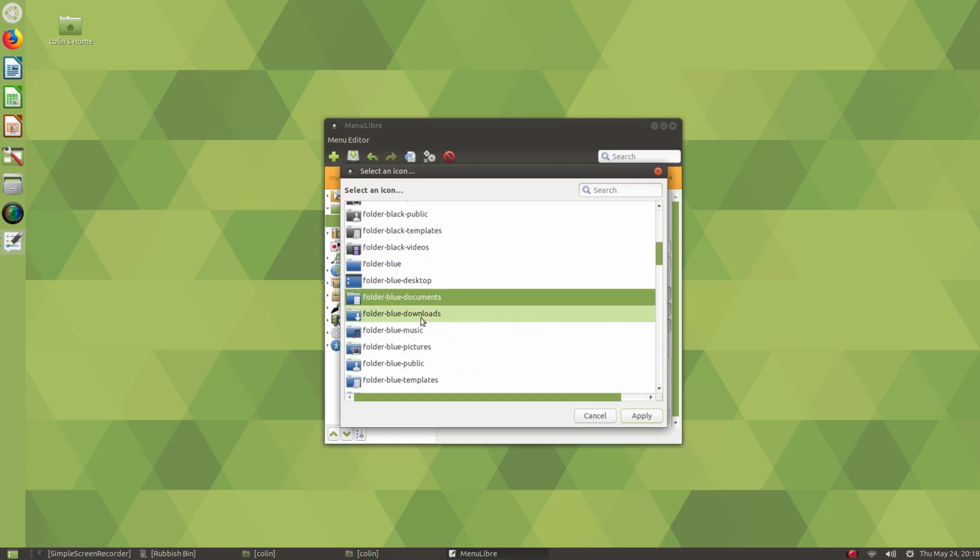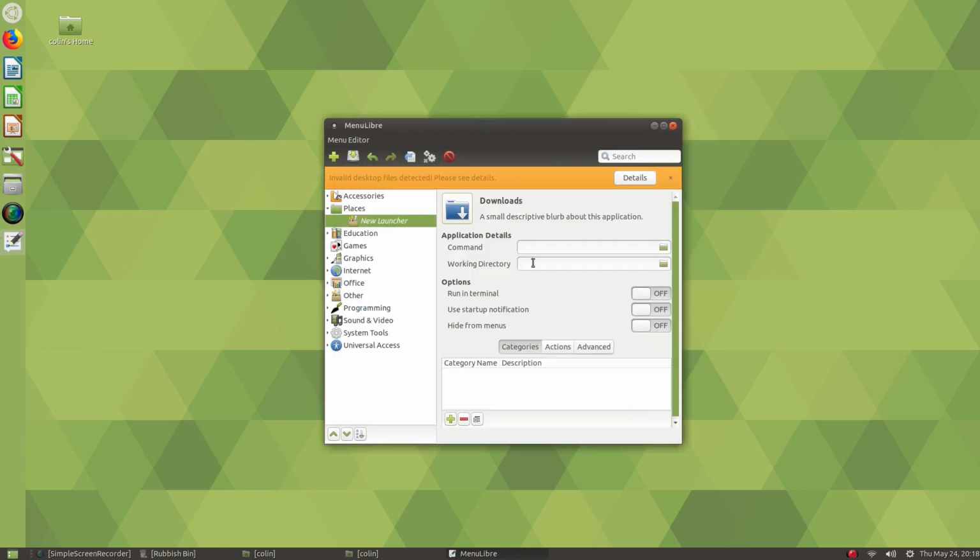That's not what I was after. I wanted downloads. Apply. And the command we're looking for is Kaja, which is your file manager, space, /home, your username, mine is Colin, whatever your username is to log in, and Downloads. And we shall